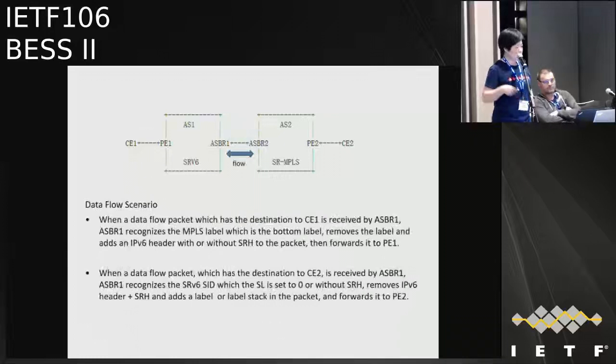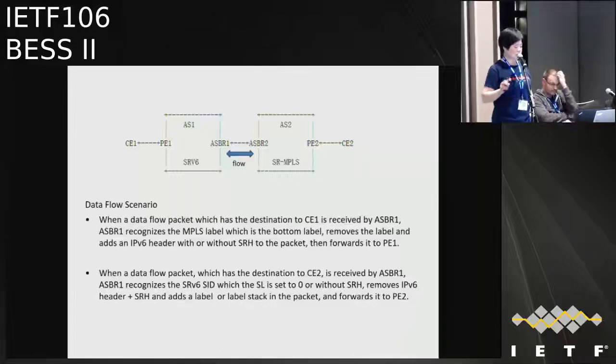If a data flow packet is received by SBR1 from the P1 direction, SBR1 will recognize the special SID. It will recognize that it should be replaced with a label or a label stack, and forward it to SBR2. And in the reverse direction, when SBR1 receives the MPLS packet, we know it means